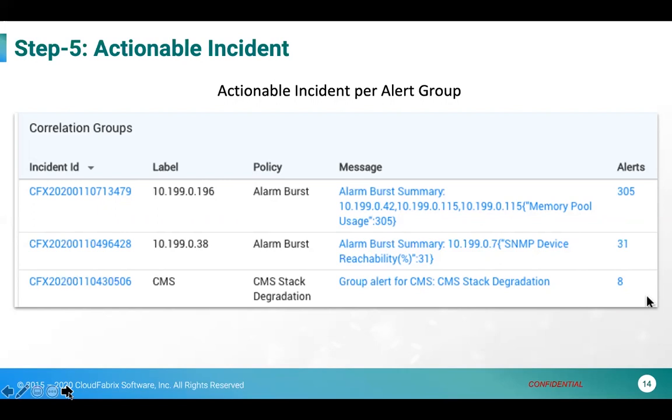Which means you will be able to create a ticket, and update a ticket with new alerts coming into that group. And you should have the ability to see all the tracking, what alerts are grouped and how they map to a single incident. So that's where the whole alert noise reduction would end.